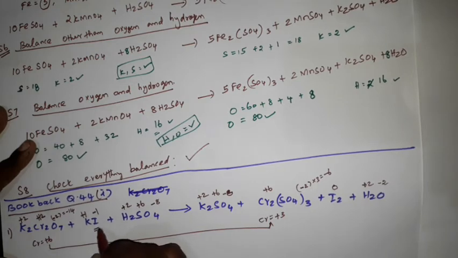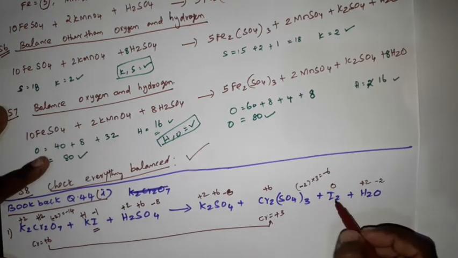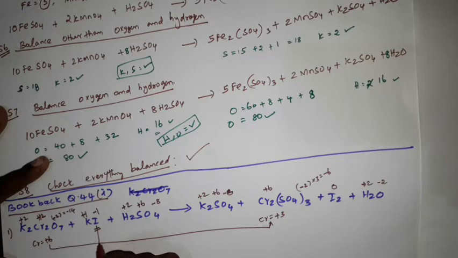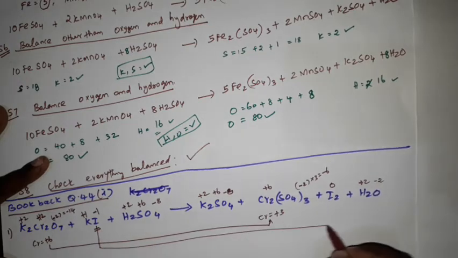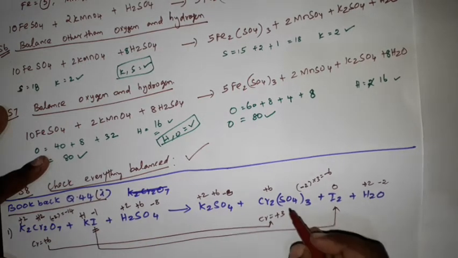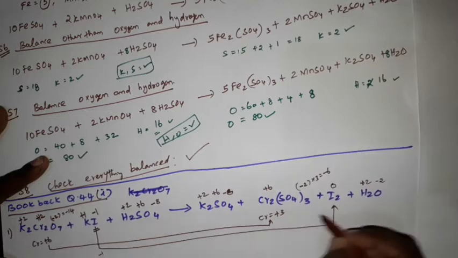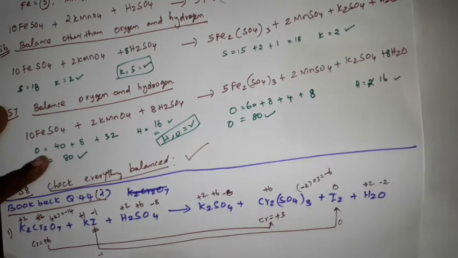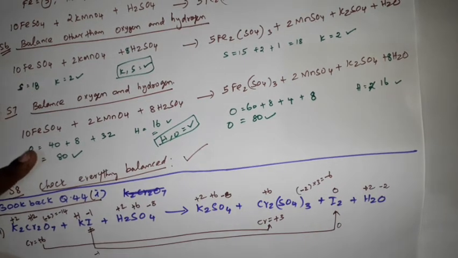Now see this, I minus, here minus 1, here 0. So here change in oxidation number is there. Okay. So here minus 1, here 0, so oxidation number is increased. Here chromium it is decreased. Then check other, sulfur, there is no change. Hydrogen, there is no change. Clear? So we have identified. So what are the atoms that show change in oxidation number? One is chromium, another one is iodine. So now step 2 is over.